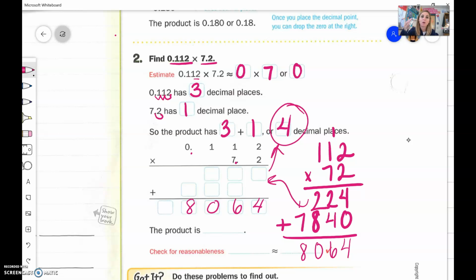In the whole number 8064, my decimal point is at the end. How many spaces did I move it out? I moved it out 4, which means I have to move it back in 4. 1, 2, 3, 4. So my answer is